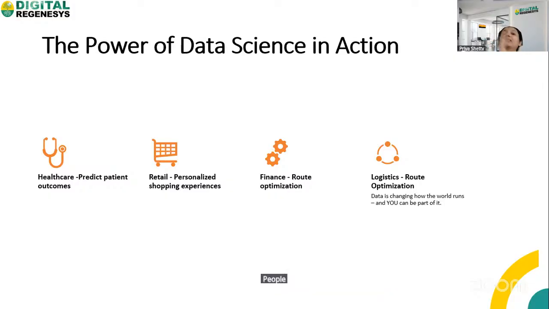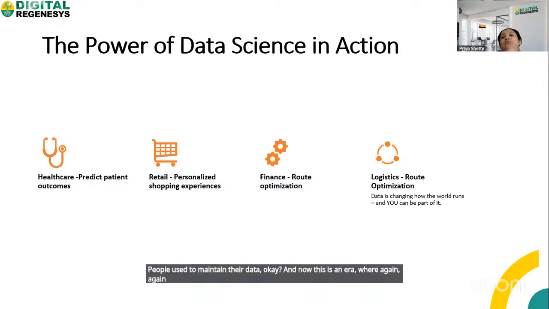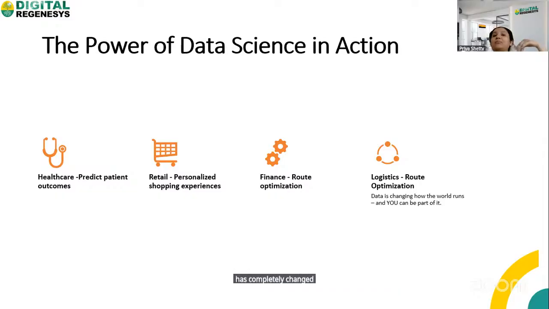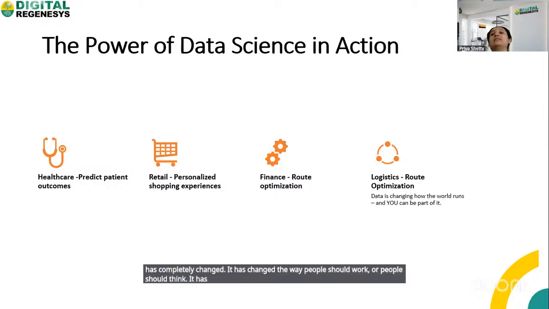People used to maintain their data. Now this is an era where again the way people work has completely changed. It has changed the way people should work or think. It is giving us more flexibility, a more enhanced version of ourselves, you can say, to make your work easier